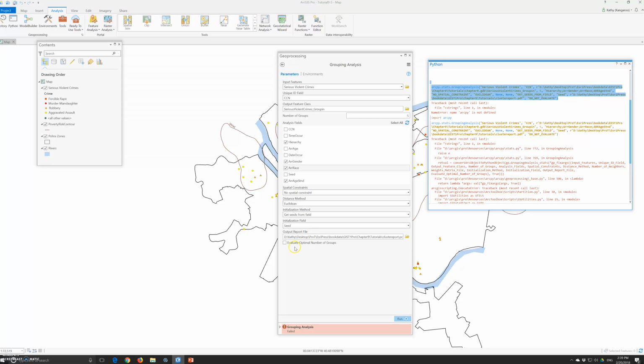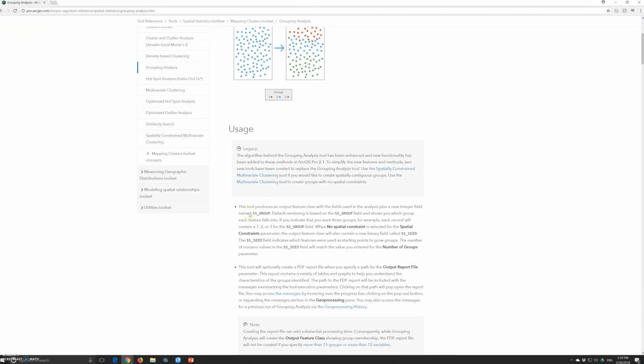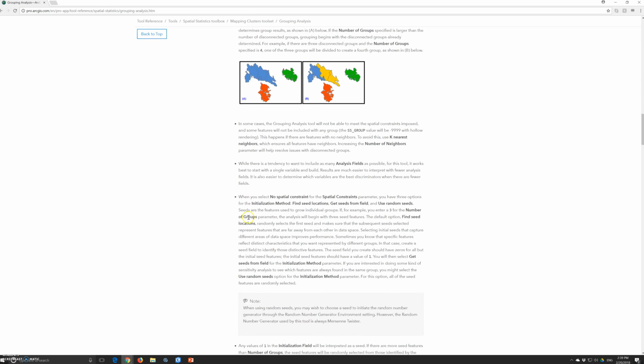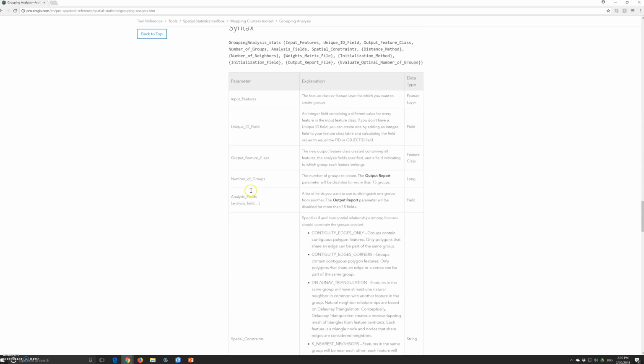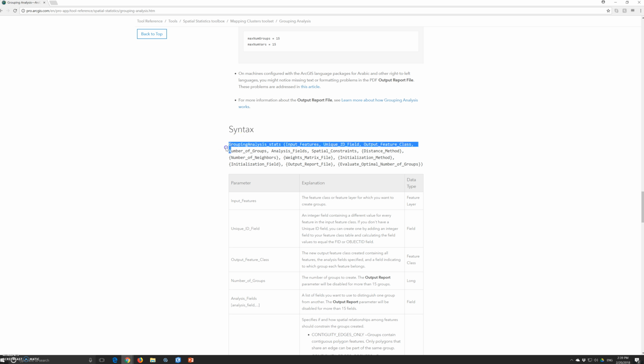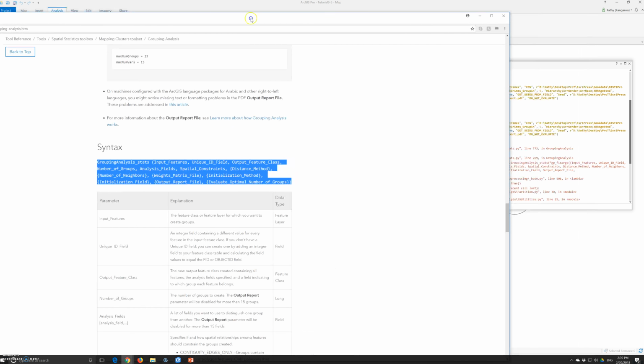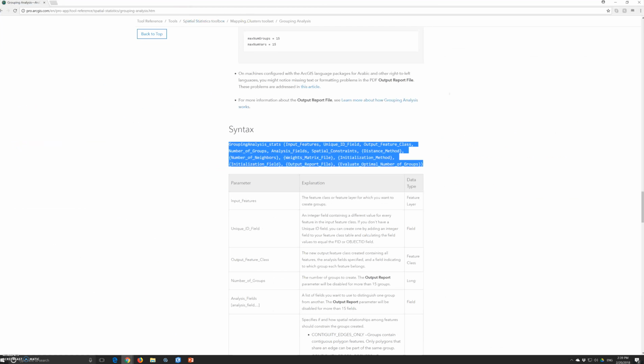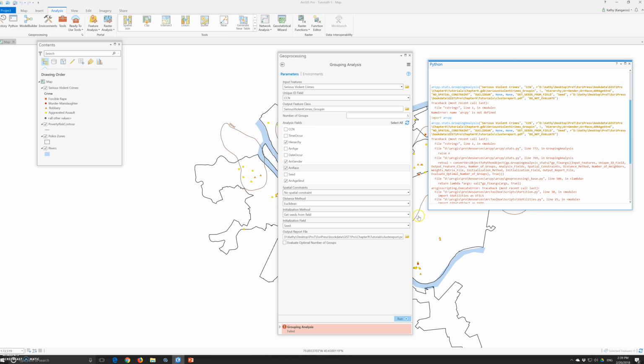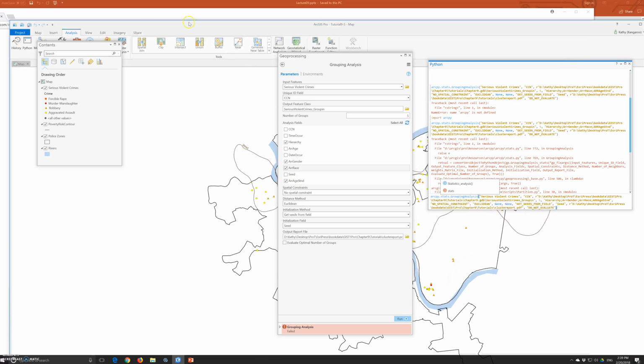Do not evaluate things. So everything looks perfect, and I don't know what the issue was here. And we followed everything. So grouping analysis, statistics. So maybe we will change it. Grouping analysis? I don't think so. Okay, statistics. Okay, so I could call ArcPy statistics grouping analysis. Instead of that, I could say,